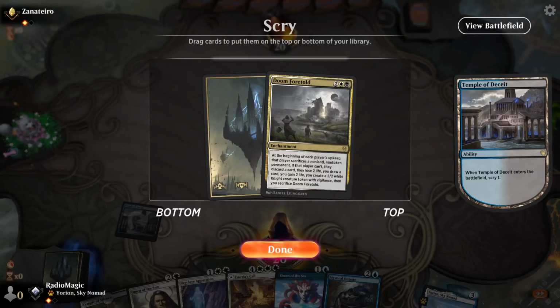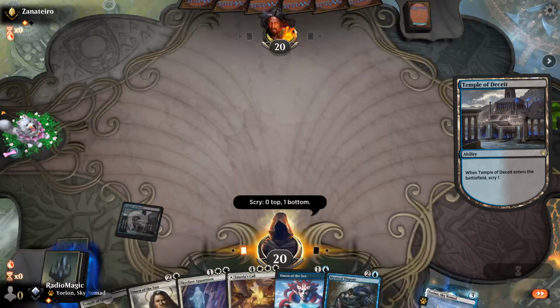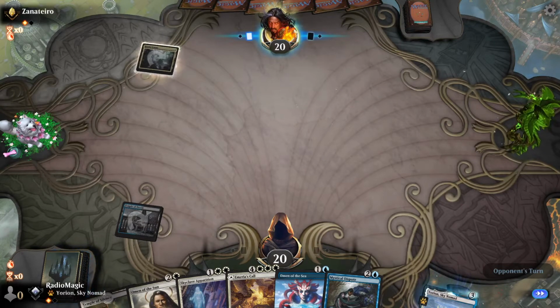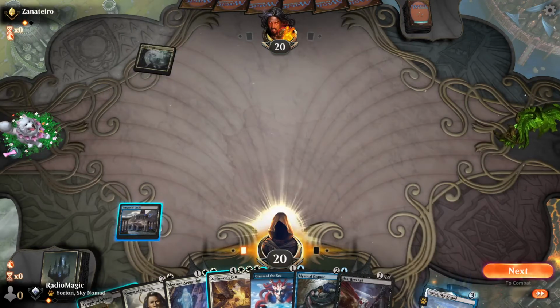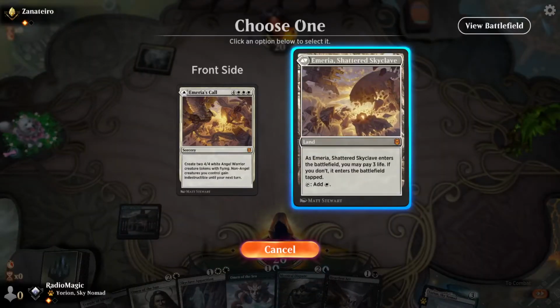How do we feel about Doom Foretold? I think we just want to hit lands, don't we? But then we're not doing anything else. I think with a two-lander, it'd be silly to keep Doom Foretold on top. The Omen's probably going to find us lands, but if we see two non-lands from the Omen, that's going to be really painful. So we're gonna bolt here, I think,